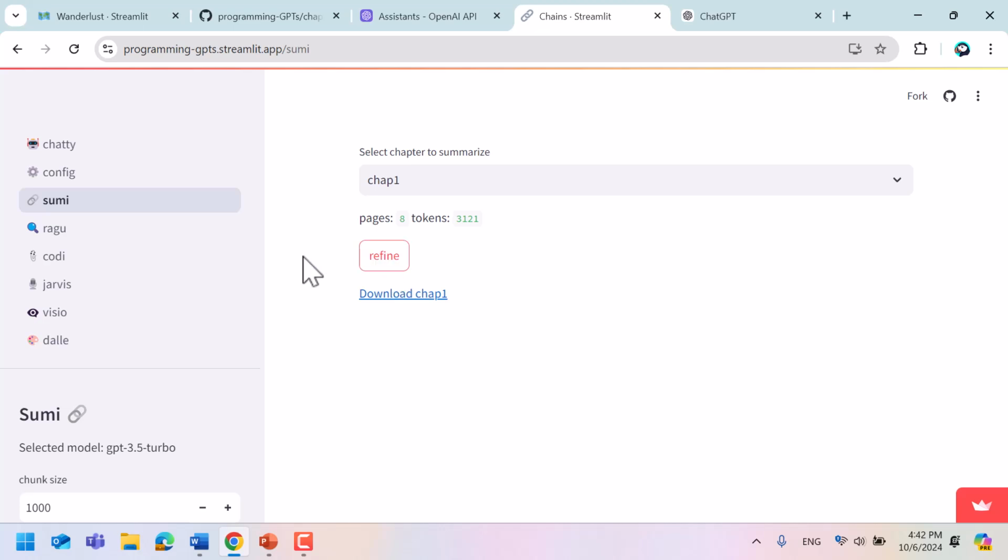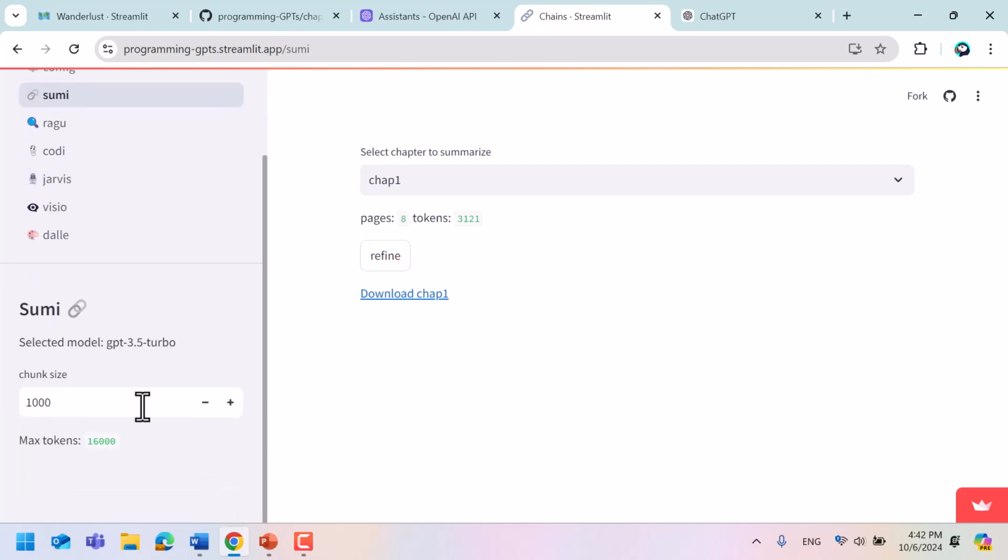And what will happen is that here, essentially, I'm going to break down the chapter into chunks. Okay, so here the overall chapter is composed of a little over 3,000 tokens.